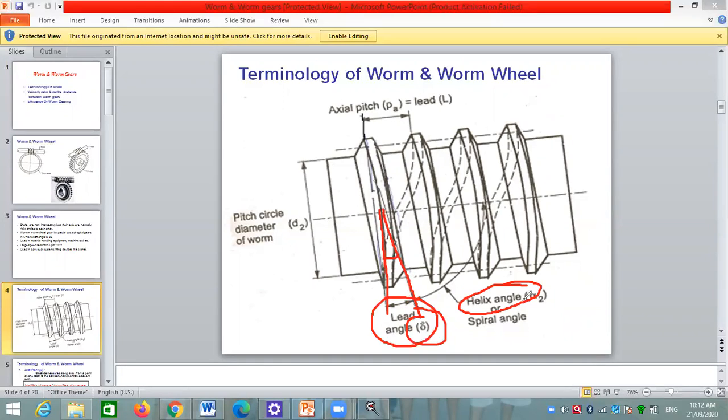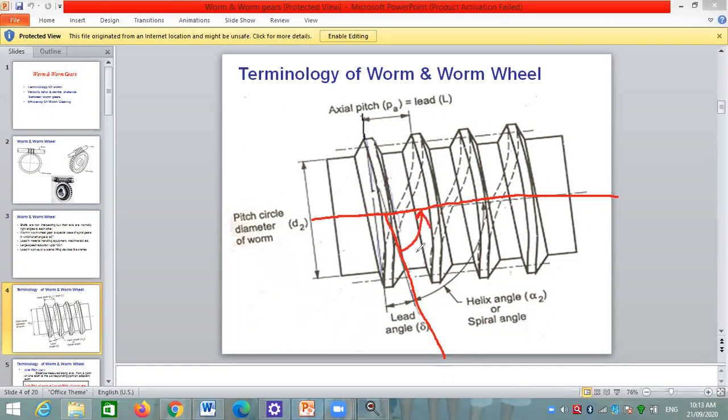There are two names which are the same in case of worm and worm wheel: helix angle or spiral angle. What is that? We will see here. If this is the axis of the worm, the angle made by the teeth with the axis of rotation. The teeth which make an angle with the axis of rotation. If we see here, this is the angle made by the teeth,